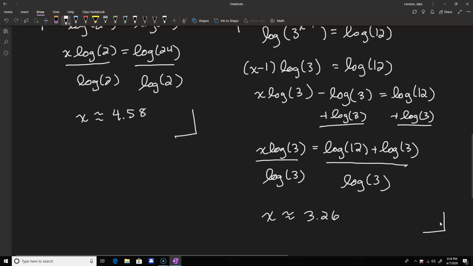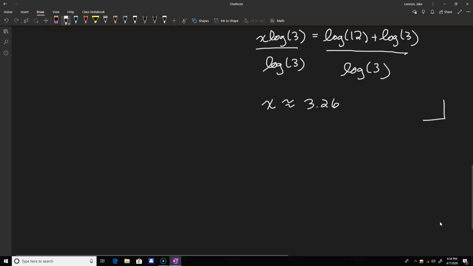Okay, so let's look at another example. So let's look at one similar to b, but in this case, it's going to be e to the 3x minus 5 equals 64. Now, whenever you see e, it's going to make more sense to use the natural logarithm. And that's because that inverse property we marked as double star, we're going to be able to use that. So if we take the natural log of both sides here,